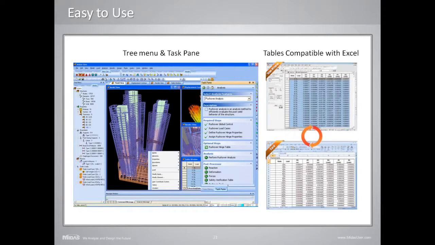One of the key features that midas-gen has is that it is easy to use. We have something called the tree menu and task pane. The tree menu is this part here, in which all the types of analysis or properties that are assigned in the model are listed. And we have the task pane, in which, for example, if we are performing a certain type of analysis and we don't know the steps,